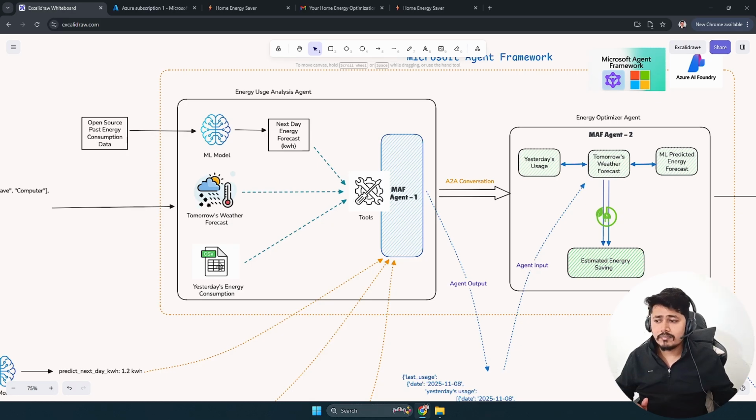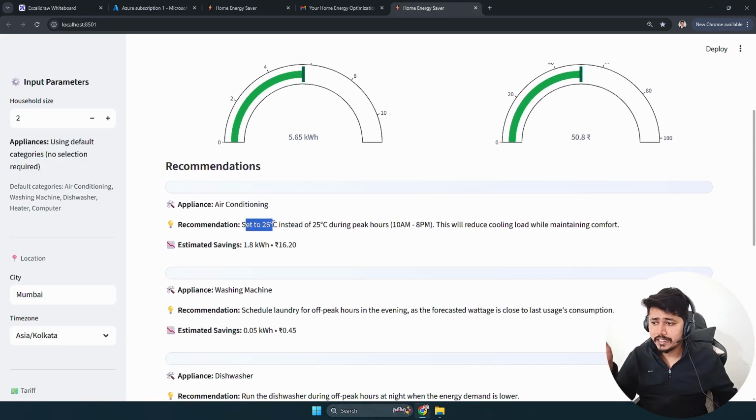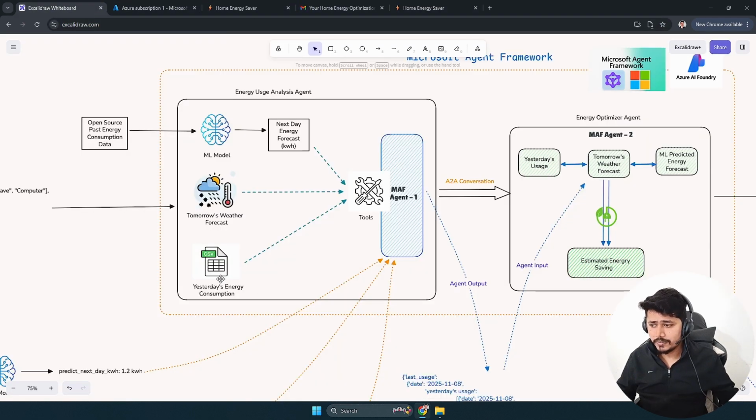The third information that we are passing is yesterday's energy consumption. We are maintaining an Excel or CSV file in which we put all this information, like what settings I used yesterday. The recommendation that we used is setting to 26 degrees Celsius from these peak hours. This information will be utilized tomorrow. That is what we have given as part of this particular file,